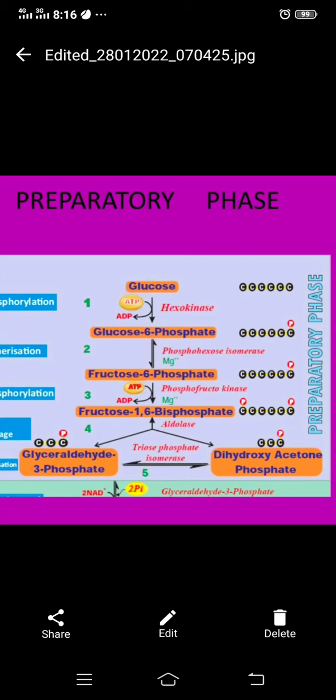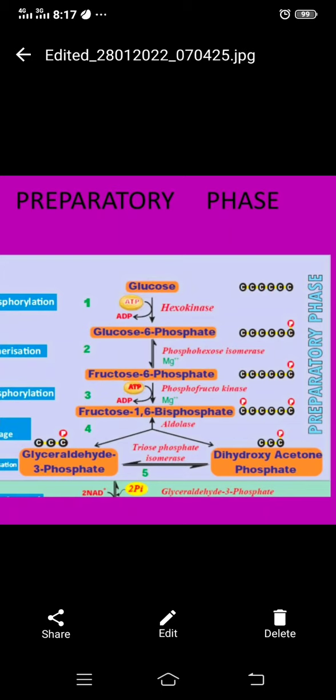Now the first step: glucose is converted into glucose 6 phosphate with the help of the enzyme hexokinase. In this process, one ATP molecule, that is the energy currency, is spent and converted into ADP. The released third phosphate group is added to the carbon molecule, that is glucose 6 phosphate. You can see on the right side the 6 carbon molecule, with the phosphate group attached to the 6th